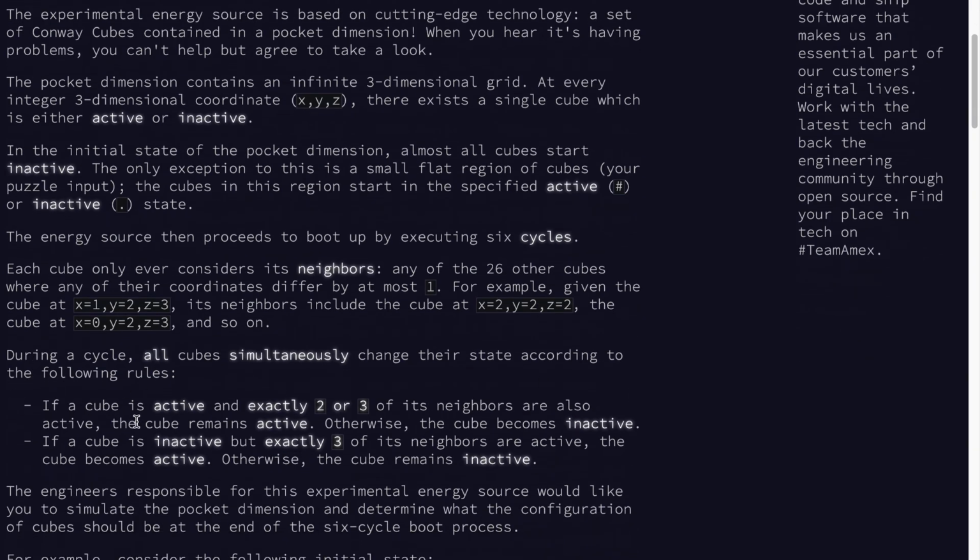Let's see. So the rules follow that if a cube is active, then look at its 26 neighbors. If exactly 2 or 3 of those neighbors are also active, then it will remain active. Otherwise, it will become inactive. And then if the cube is inactive, then if exactly 3 of its 26 neighbors are active, then the cube becomes active. Otherwise, it remains inactive. So,